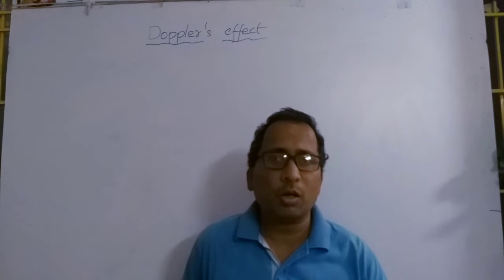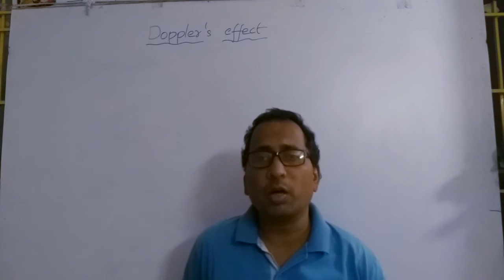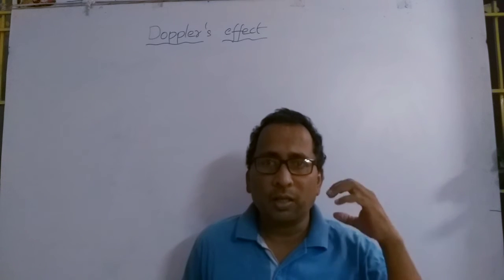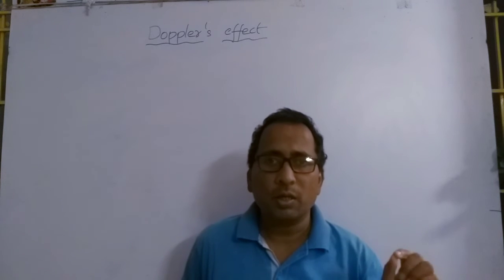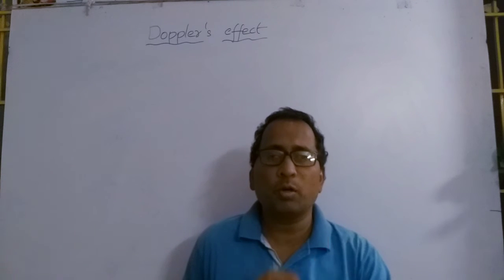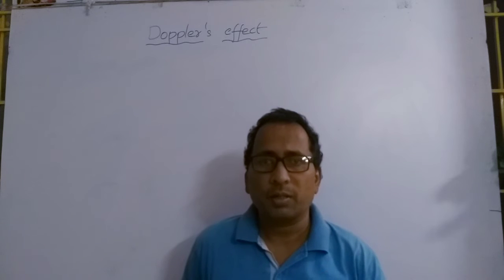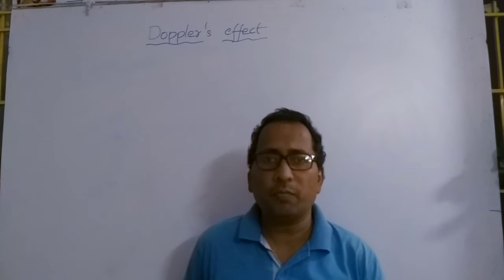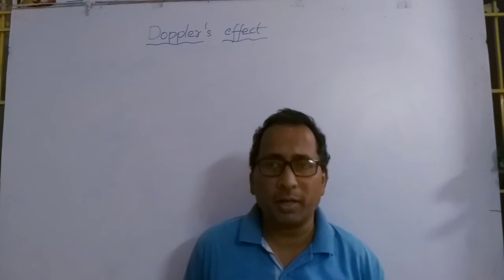Why are we getting the Doppler effect? Due to the relative motion of source and observer. Okay, let us discuss the final formula of the Doppler effect. Suppose a source is moving with a velocity Vs and observer moving with velocity V0. The velocity of sound is V. Now n be the frequency of the wave produced by the source. Then the apparent frequency can be written as